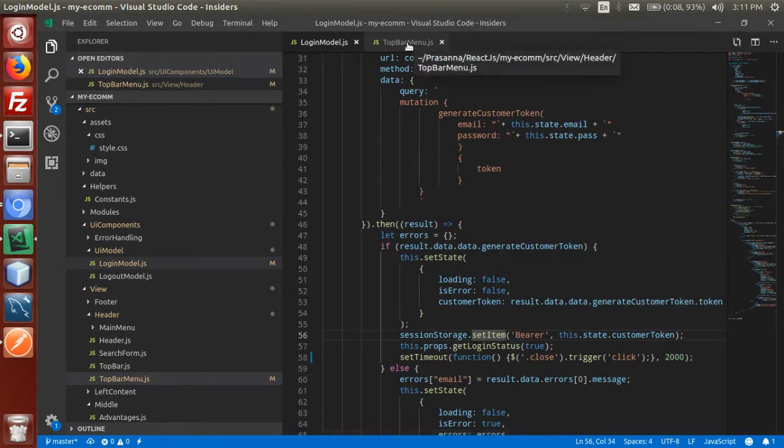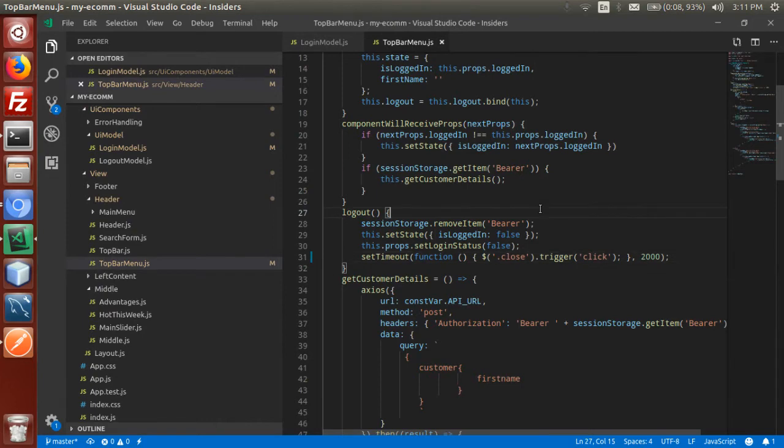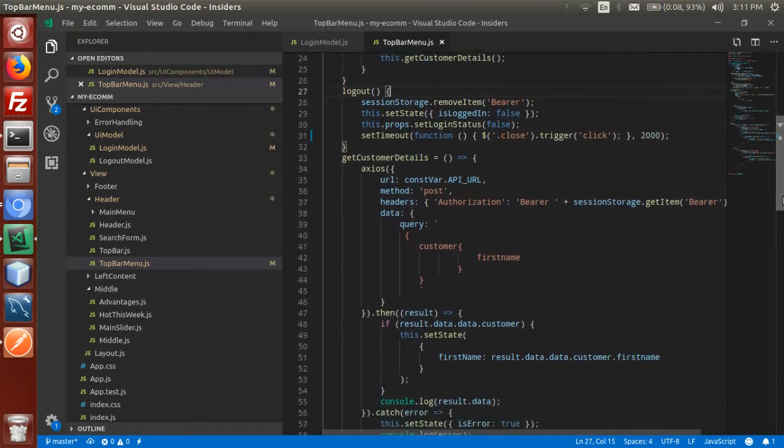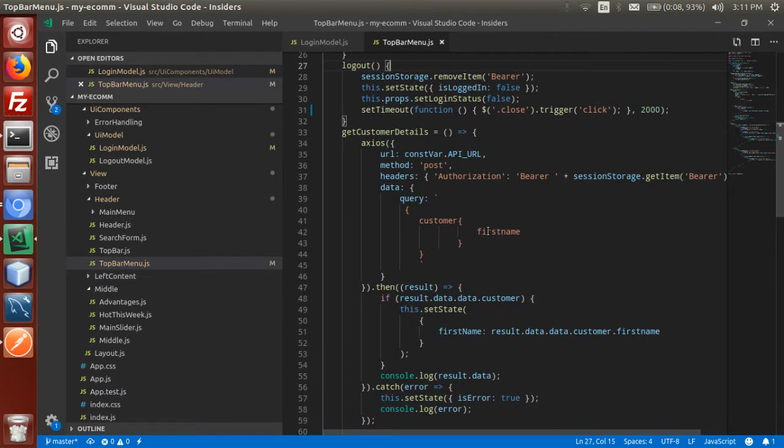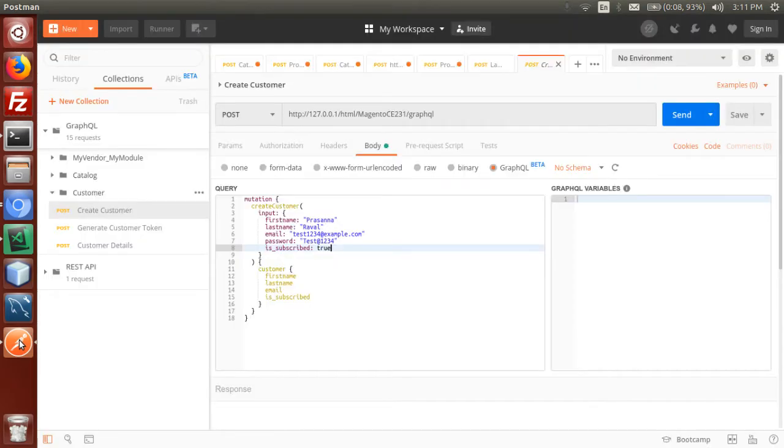And in the top bar menu, I'm retrieving this bearer token. I'm retrieving the customer information, the first name, and displaying it with the logout button. Whatever token I stored, I'm using that and passing it to retrieve the customer information. This is the GraphQL API to retrieve customer details.